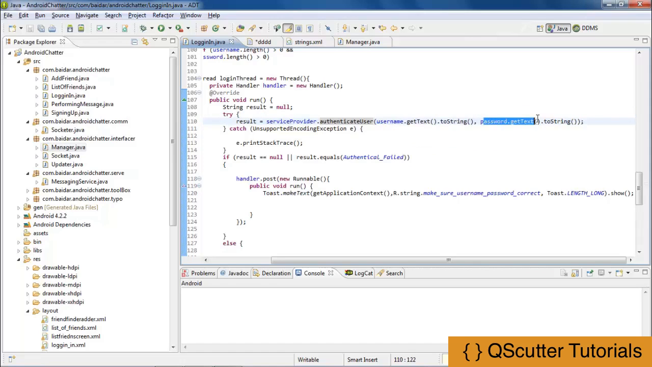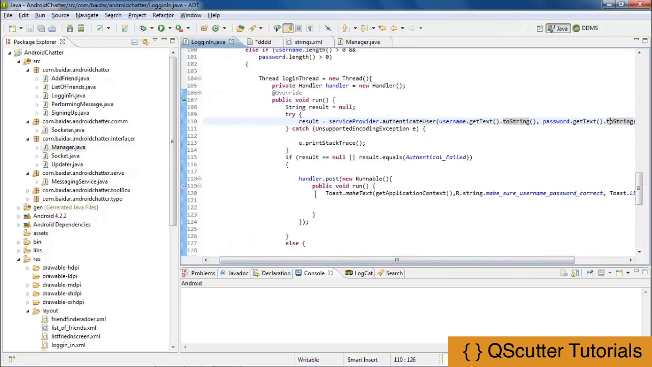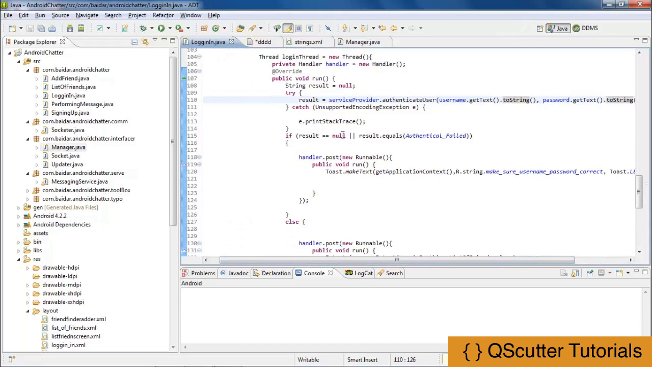And similarly, I'm doing the same process with the password, getting the text with the get text method and converting it to a string. After that, I'm going to check if the result is equal to null, which means there is no username or password, or if the authentication failed, meaning the username and